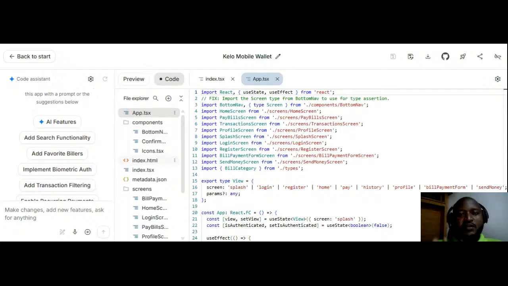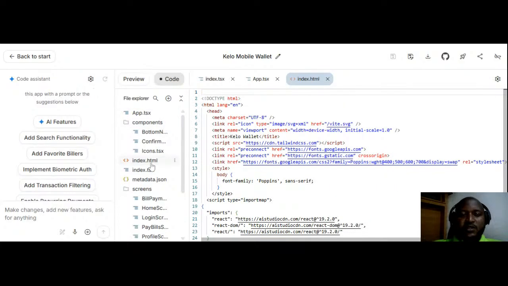If the building of the app structure is not well arranged, you can go back here and copy this complete code from here, and head to another AI and tell the AI that in this complete code, some things are missing and things are not aligned the way they should be aligned. And the other AI is going to write it again. Once it writes it, you can copy it again, come back, remove what is here and paste the one which we copied, and then have a look at this design,